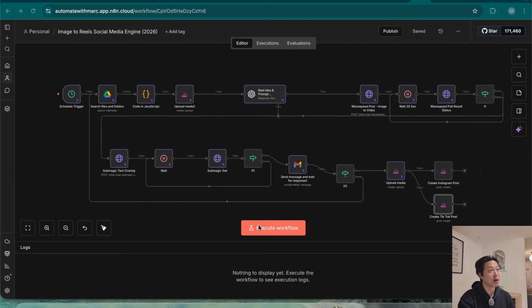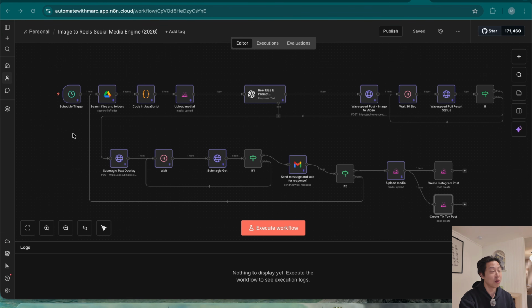So this is the workflow that we're going to build today on n8n. And if you're completely new to n8n, I do recommend you going through one of my previous videos, which I'll link right up here and down in the description below, for just the foundational stuff around n8n so you can get started building the workflows. But generally, I'm going to walk you through step by step on how to build this. So even if you are a complete beginner, you should be able to follow along and get to the end